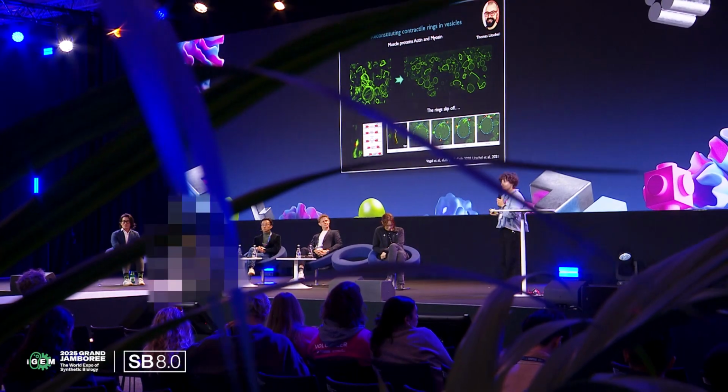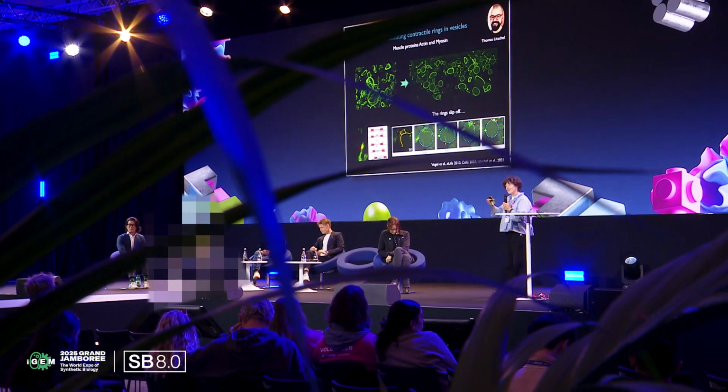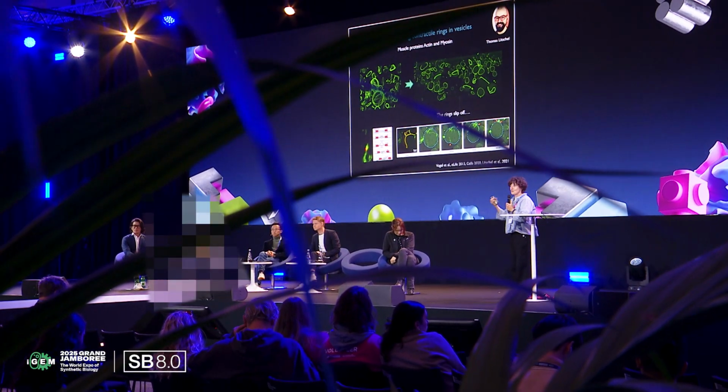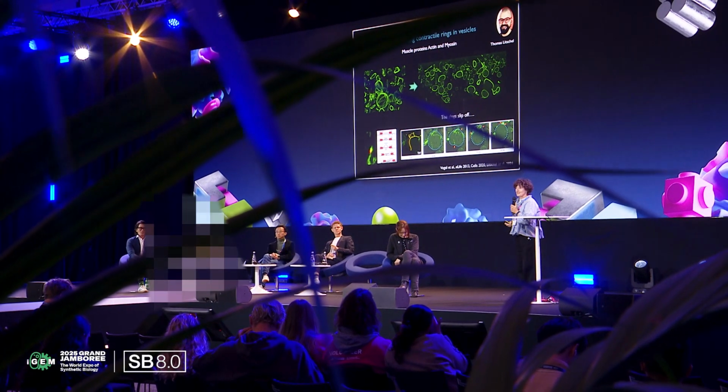can slide in the membrane. The membrane is a fluid environment. And if you have something that is attached to a membrane molecule, a lipid, then it can be moved around. And if that would constrict, it would not bother the vesicle. It would just constrict and build a little blob. Well, that's not the approach we want to take. So we somehow have to keep our rings in place.